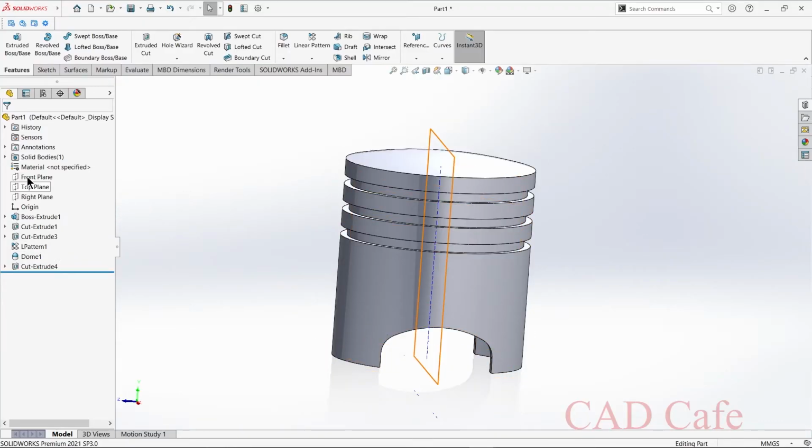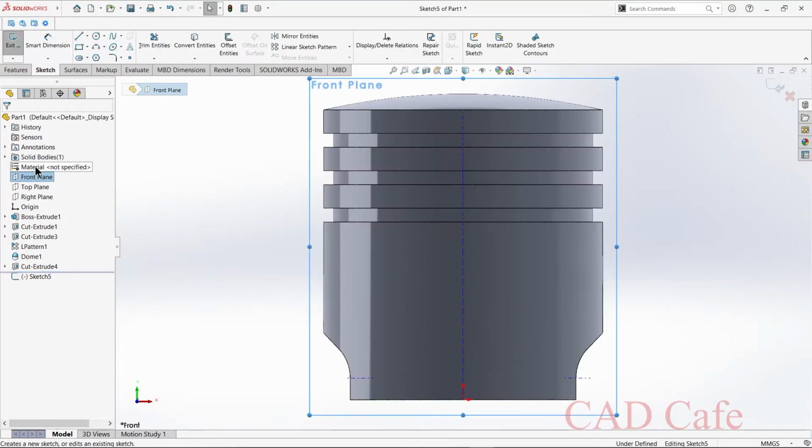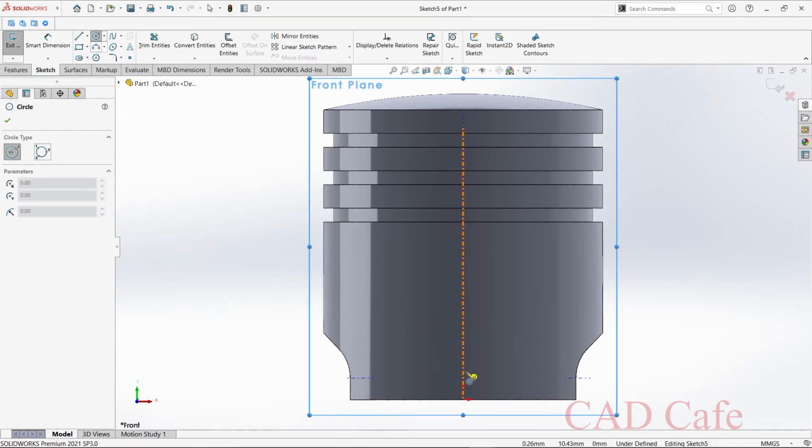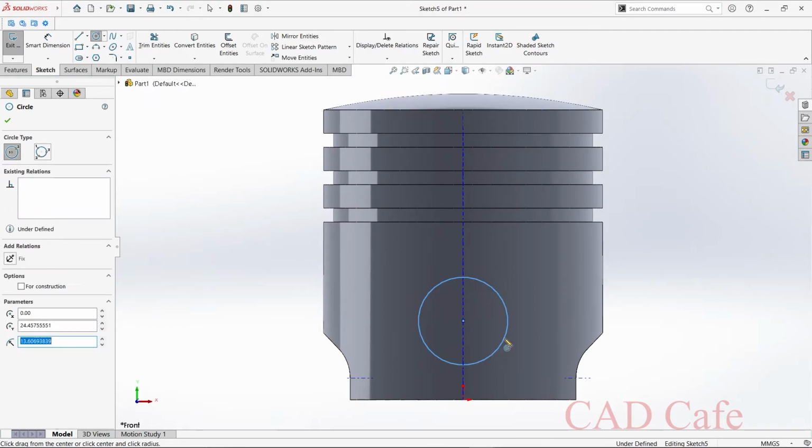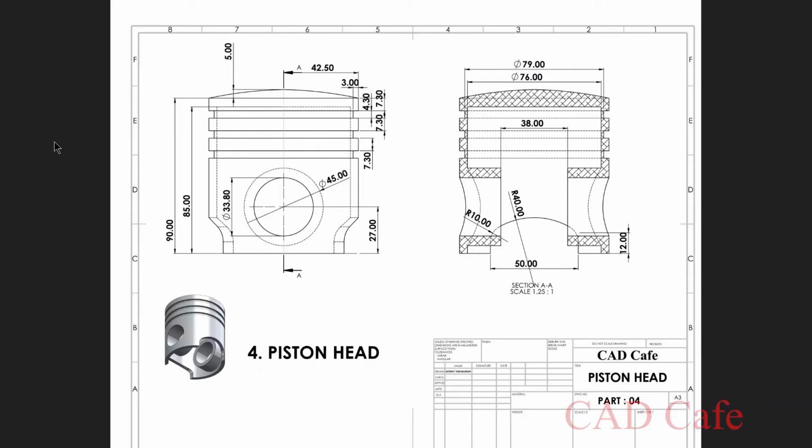So select front plane, sketch, select circle, and in this line draw a circle of radius 33.8 by 2. Okay, and you can see the center point from this bottom line is 27 mm.